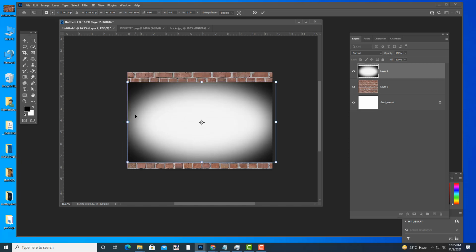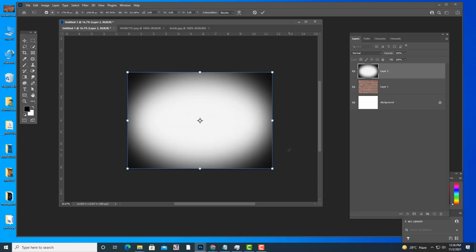Don't stretch actual images, but these types of images we can stretch. Something like this, and this background I will put black color.